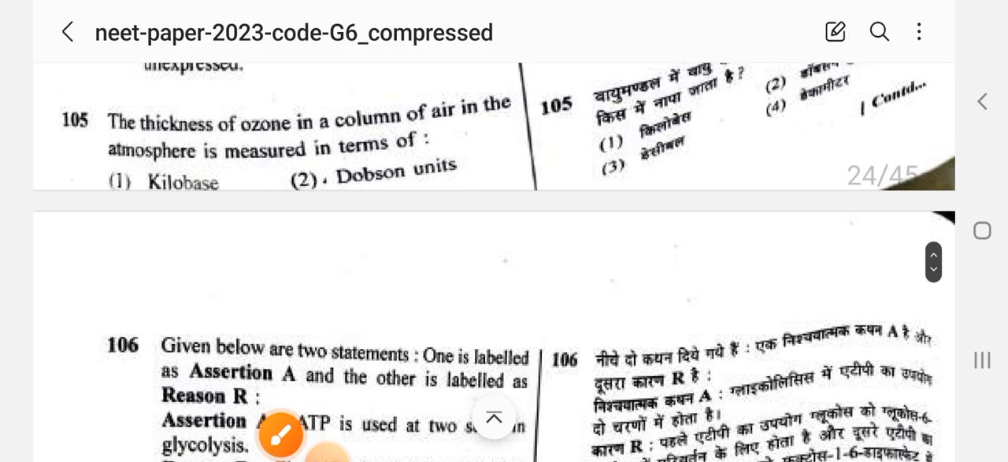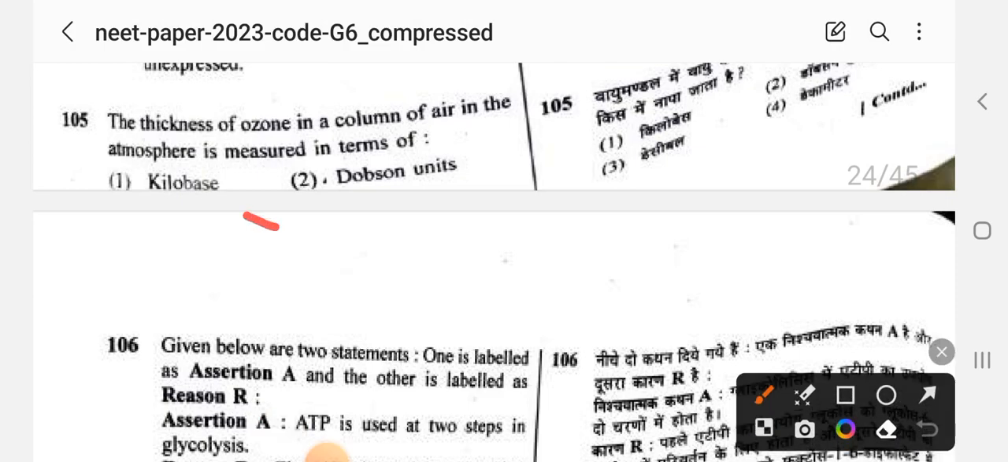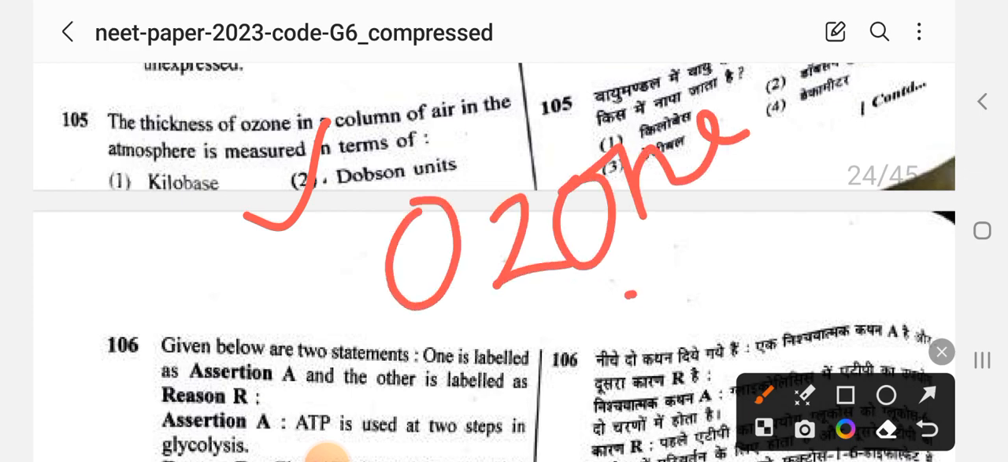so next question is thickness of ozone in a column of air in the atmosphere is measured in terms of डॉब्सन यूनिट। इसकी यूनिट ओजोन को मेजर करने की जो यूनिट है ओजोन लेयर को, उसको डॉब्सन में हम मेजर करते हैं।